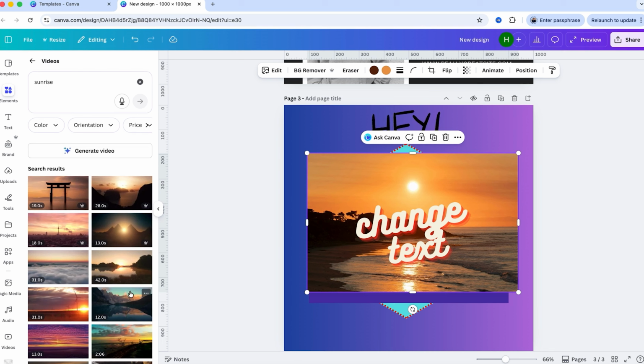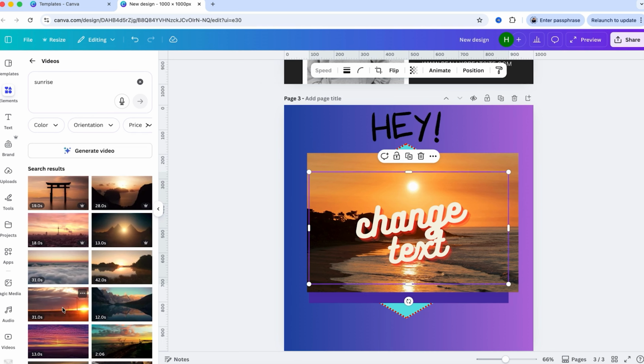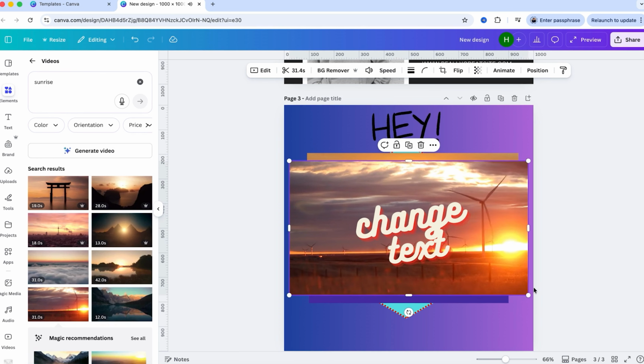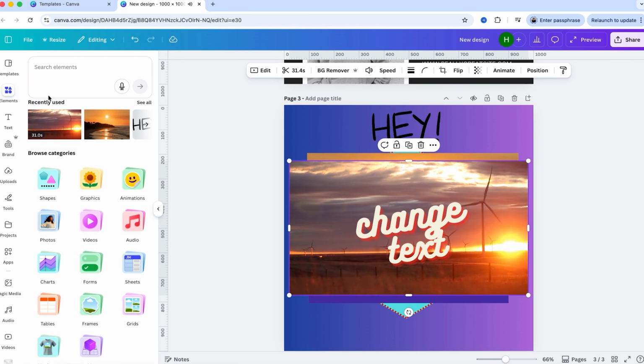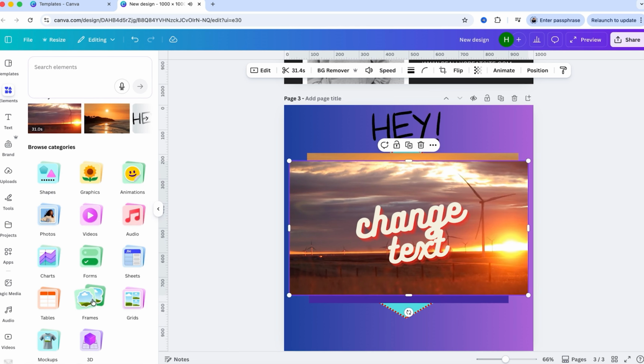However, most of them are paid versions, but you do get some free ones as well. So, for example, this one is free. If you click on it, your video will appear here. Alright, now moving back from videos to audio and frames, frames are an important part, but before that, we'll create